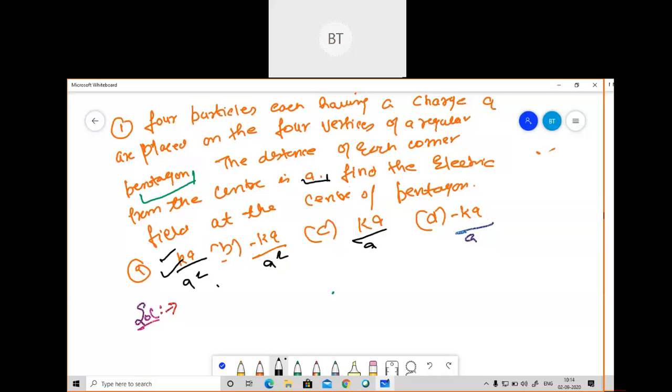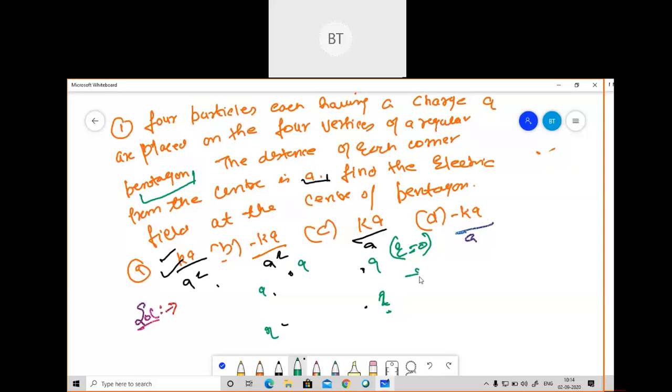Okay, so let me tell you. If you see a pentagon, if I draw a pentagon here, it has five sides. Let's suppose this is Q, this is Q, this is Q, this is Q, this is Q, and they are asking about this. This is unknown, and all other four sides have been given. If the fifth charge had also been given, the electric field should definitely be zero because all the five charges are given. But actually it is not given. We need to find that fifth charge.